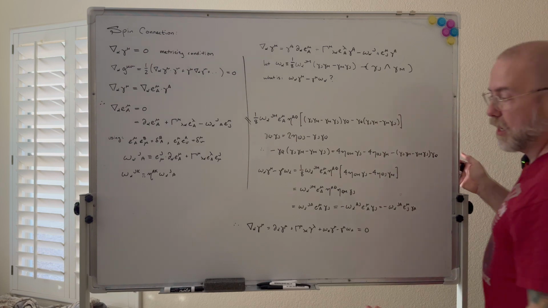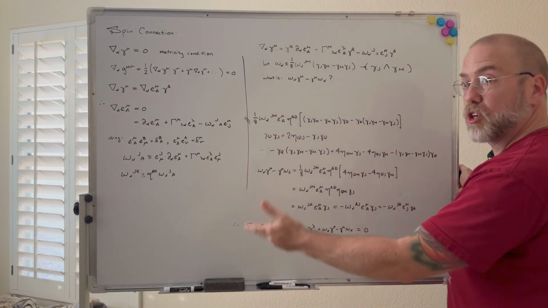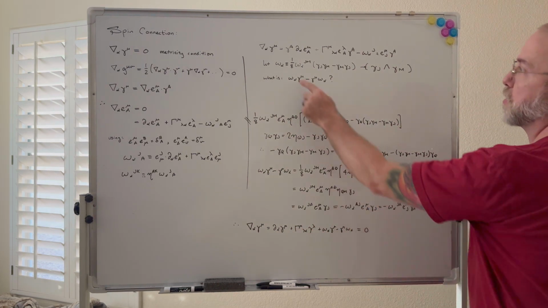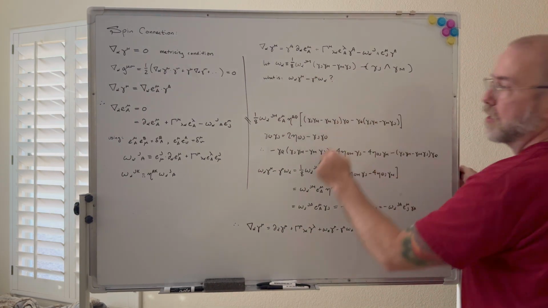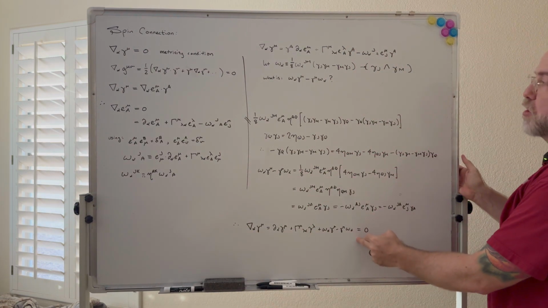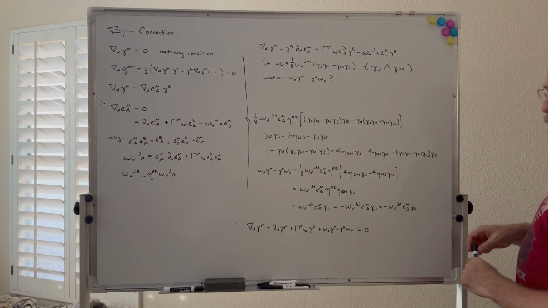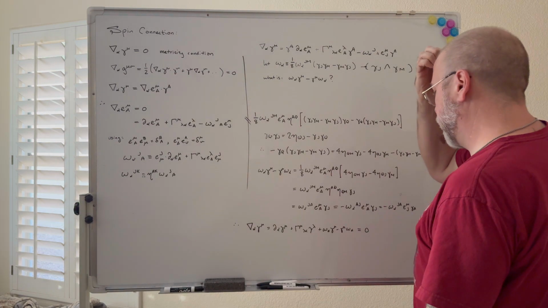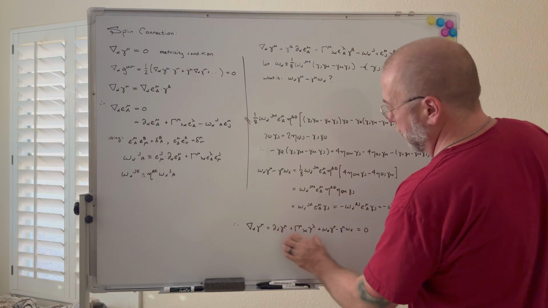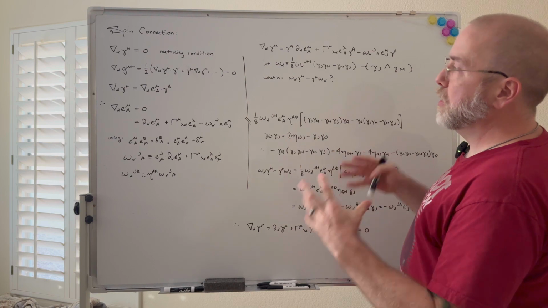So at the end of the day, the covariant derivative of the gamma matrices in the curved space can be written in the following format, where this omega is defined by this equation, being 0 ultimately. So what do we have here? All right, that's what we want to know. What do we have here? What we have is a representation of a covariant derivative now with the terms that allow us to write that in the local space,